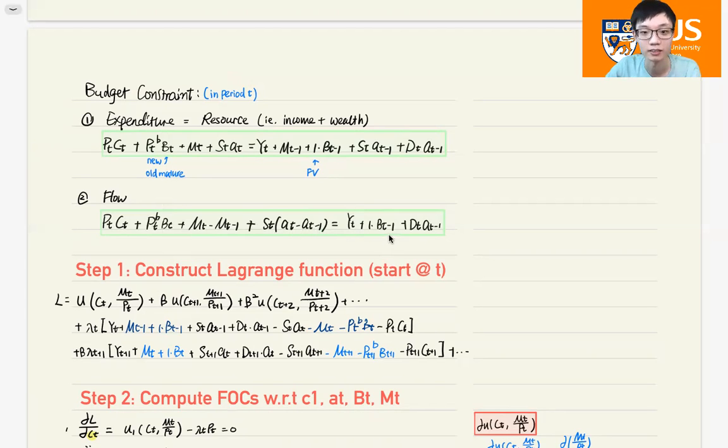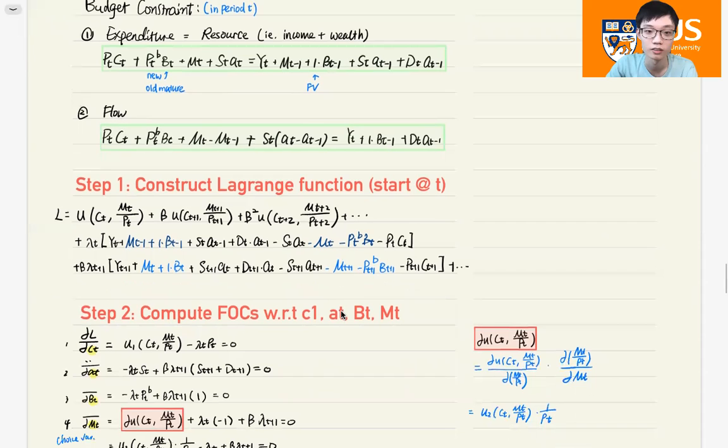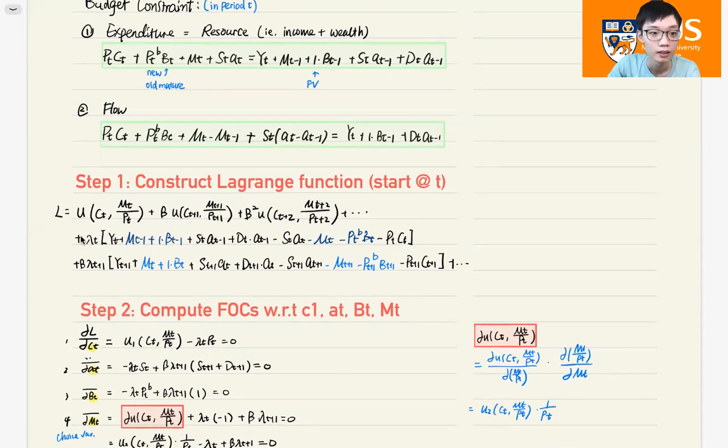What goes in? The money, the income, the new bond, and the old bond matures. That money you have now, and dividend you get. That's an inflow, right? So first of all, let's construct a Lagrangian function. Start at time t. The typical setting is like this. You use the utility function of period 1, plus beta times the second period utility, and beta square times the next, because we